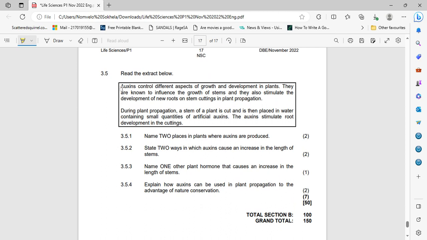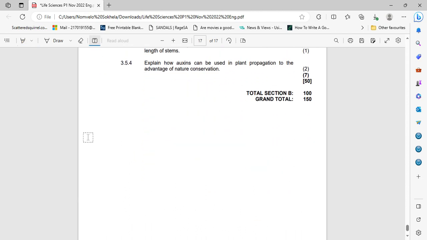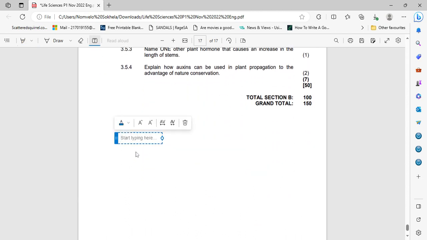This question is coming from the section plants' response to the environment. Before you start answering the questions, grade 12, you must read, and you must read to understand. Auxins, okay? So you would highlight auxins. Immediately use that blank part and start reminding yourself, what are auxins? We know that auxins are plant hormones,